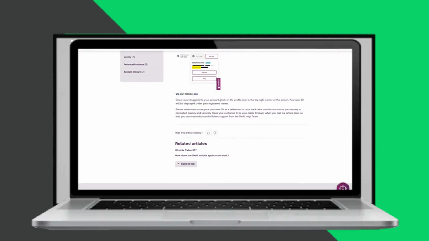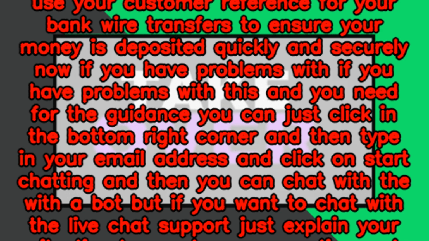Then this is how we find it on the mobile app. So once you've logged into your account, click on the profile in the top right corner of the screen. Your user ID will be displayed under your registered names. Please remember to use your customer reference for your bank wire transfers to ensure your money is deposited quickly and